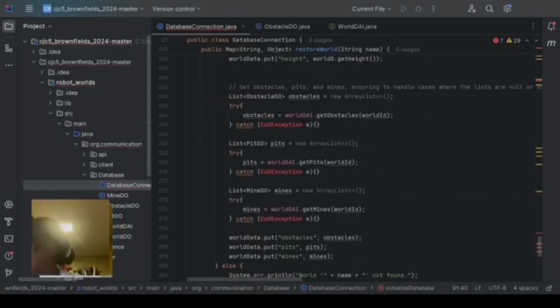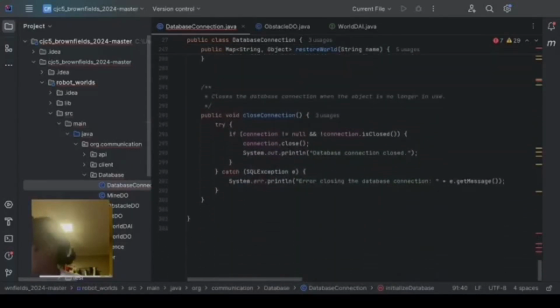In closing, this class is responsible for managing the database related operations within our Robot Vaults project by saving, retrieving, and deleting data. It also ensures that the database structure is set up correctly and that the data is handled